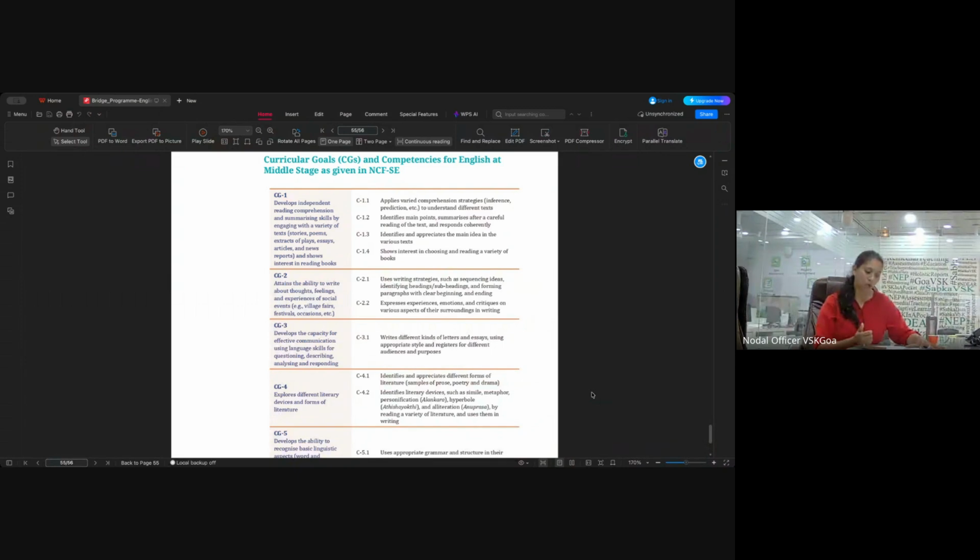The next skill that it's also focusing on is the writing skills. You will see there are multiple areas wherein children are being given opportunities to write and express themselves creatively and descriptively. Also, you will see a lot of space and importance given to vocabulary development, because by the 8th standard, students are expected, or at least encouraged, to expand their vocabulary through contextual exercises and word activities.